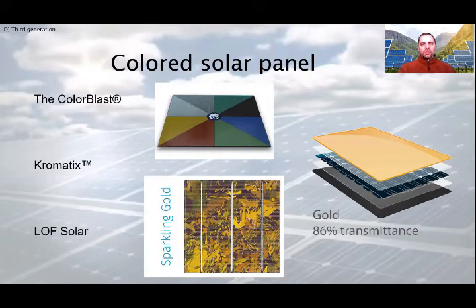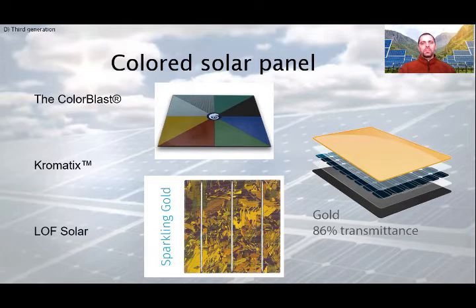Printing images or designs on solar panels is also possible with colored modules. In this case, they can be used for company branding, advertisement, or just for making your building that much more beautiful. When we add color to a solar panel, it becomes less efficient by definition. Some technologies are better at transmitting sunlight through the colored layers than others. Each technology has different efficiencies and often different colors within one technology. It also has varying power ratings.